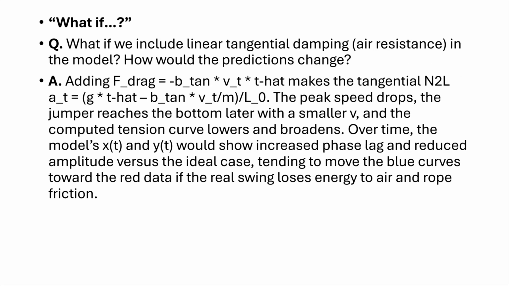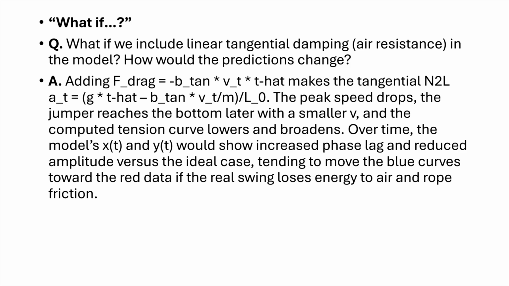Our what-if question is, what if we include linear tangential damping, air resistance, in the model? How would the predictions change? Adding f drag, which is equal to negative b tan times v times t hat, makes the tangential Newton's second law acceleration equal to g times t hat minus b tan times v t upon m. Upon L0, the peak speed drops, the jumper reaches the bottom later with a smaller v, and the computed tension